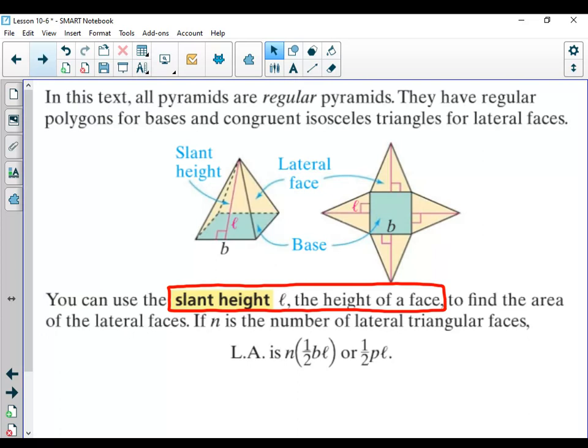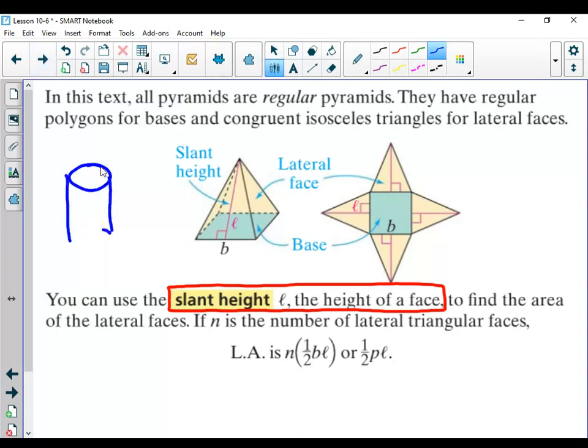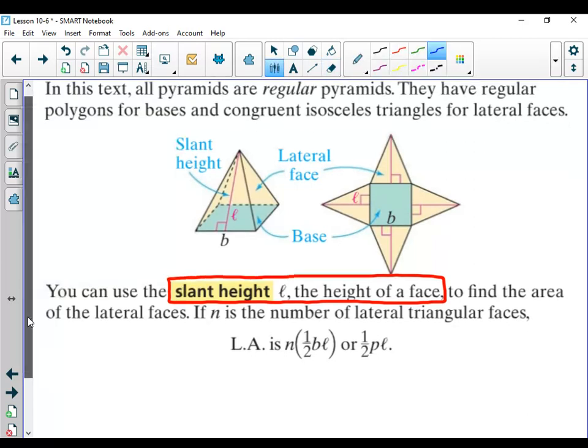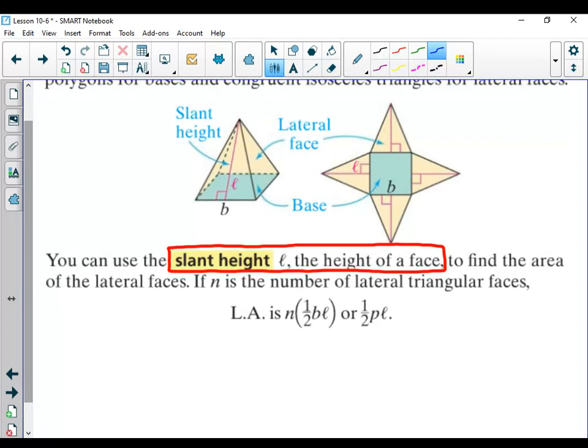That is a slant height because a prism and a cylinder, we use H for height because they were straight up and down. Or even if they fell on its side, they were still making a 90-degree angle. A pyramid and a cone both don't have that. So we have to use something called a slant height. Maybe just take your pyramid picture and circle that cursive L